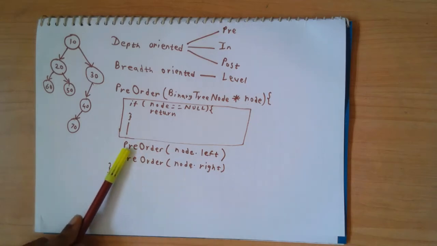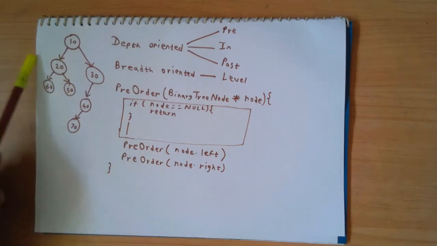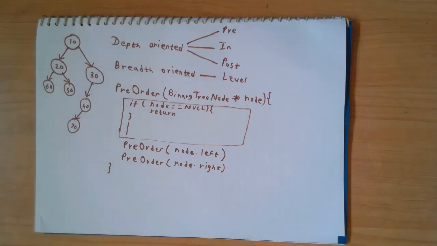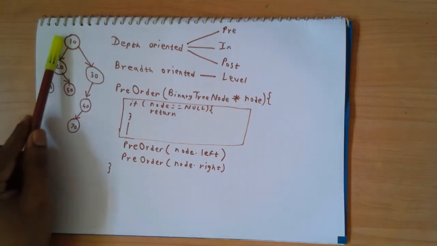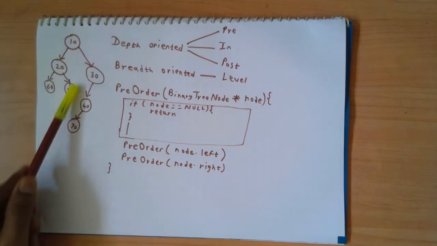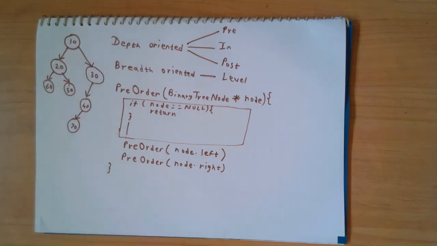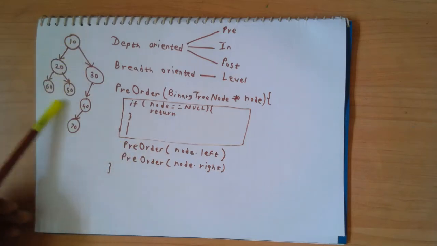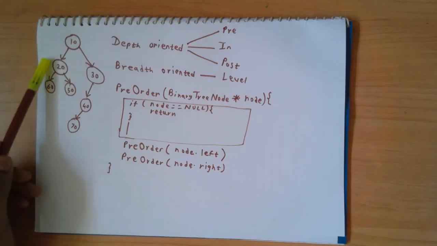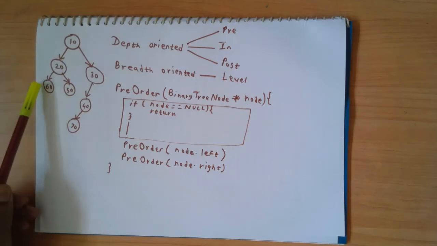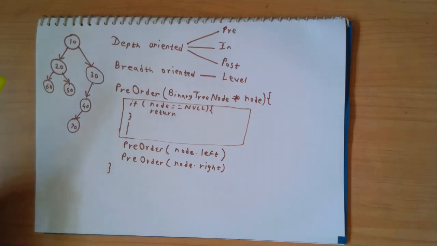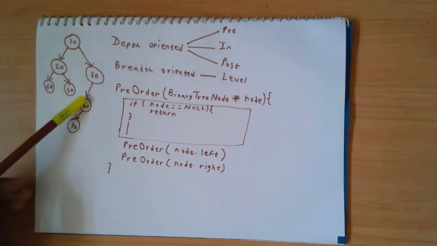And then you are going to perform the pre-order traversal on the left subtree and the pre-order traversal on the right subtree. So you can notice that the time required to process the root node is the constant time plus the time required to process the left subtree and right subtree. And when we go to the left subtree with this call, again the time required to process the left subtree is the constant time to process the root, and then the constant time required to process the left subtree and right subtree. So we can notice that at every node we are going to spend only a constant amount of time.